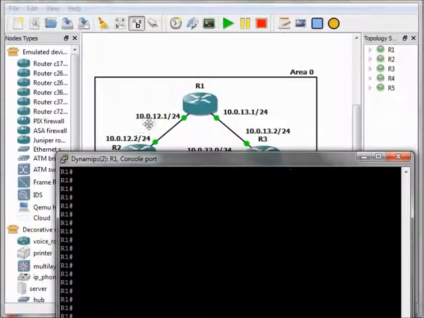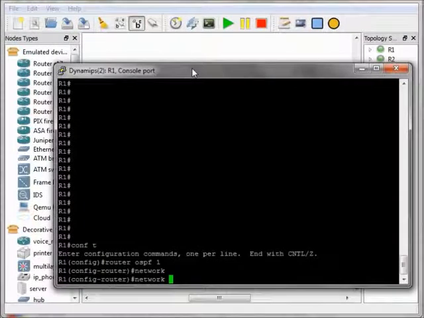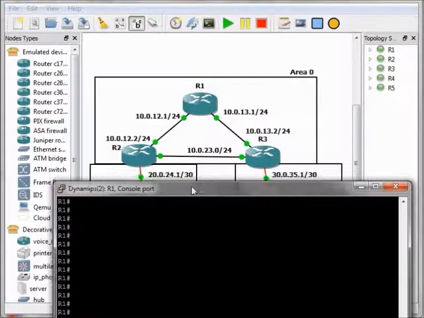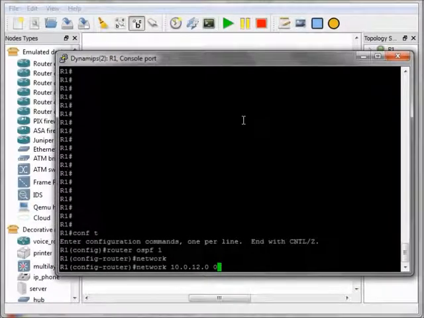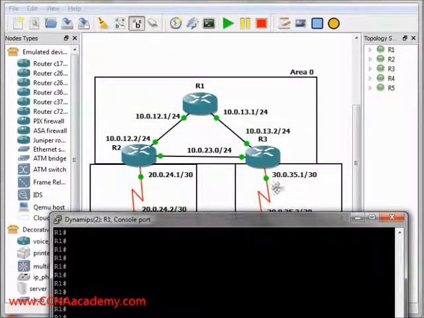First network is 10.0.12.0/24. 10.0.12.0/24 means that the subnet mask is 255.255.255.0. It means that the wildcard mask is to take the subnet mask and change every 1 to 0 and change every 0 to 1. So the wildcard mask will be 0.0.0.255, then area number, and this network exists in area 0,